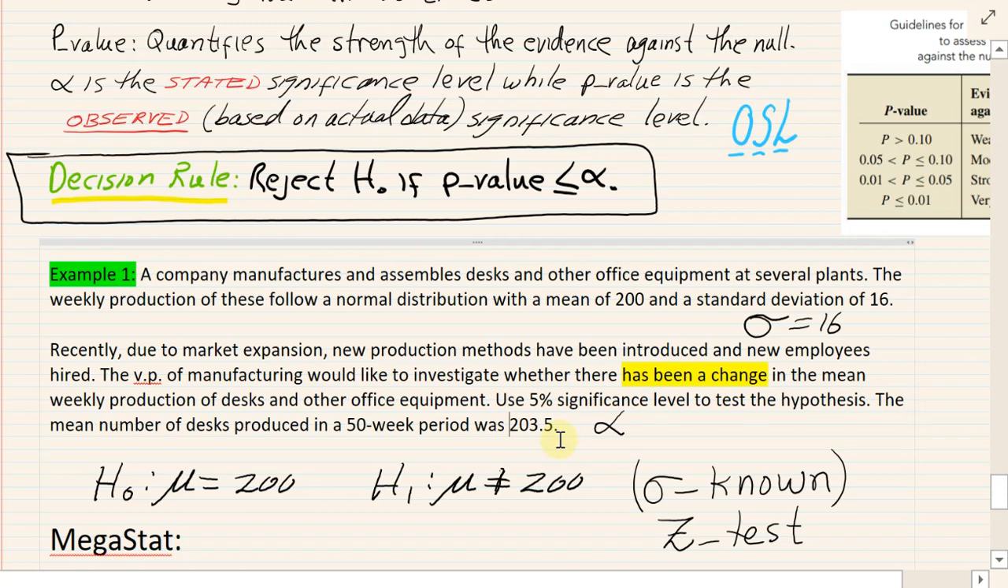Okay, so in a 50-week period, that gives us indirectly the sample size, right? Each week represents one observation. So 50 weeks, that means n is 50. Okay, and so notice when I set up this statement of hypothesis here, this hypothesis is